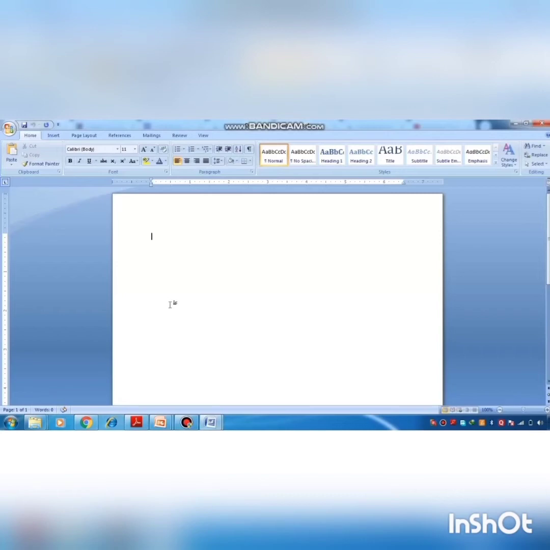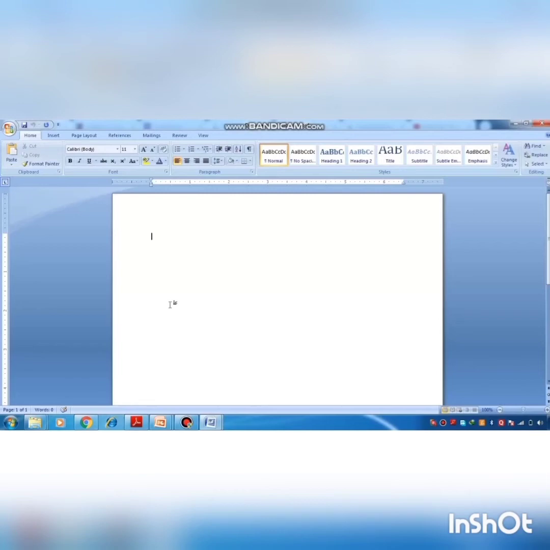So before we start, we first discuss, suppose there are 50 students in a class and the teacher wants to invite their parents for a function. So will the teacher have to type 50 different letters? Surely not. She will be using the mail merge feature of MS Word. So mail merge is the feature of word processor application software that enables the user to develop personalized letters, greeting cards and other communication with their name and address.